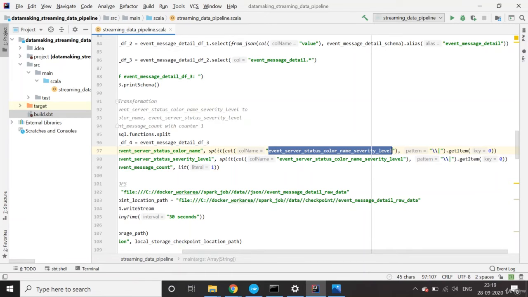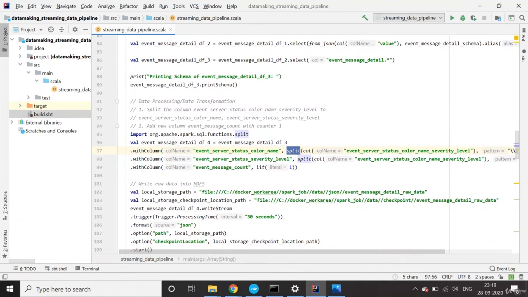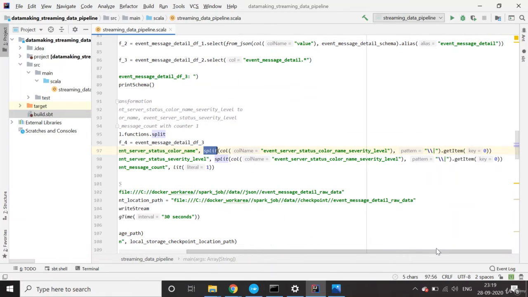How do you break it? You can use the split function, pass this column, and get the item at the first position. Actually, here it should be 1.